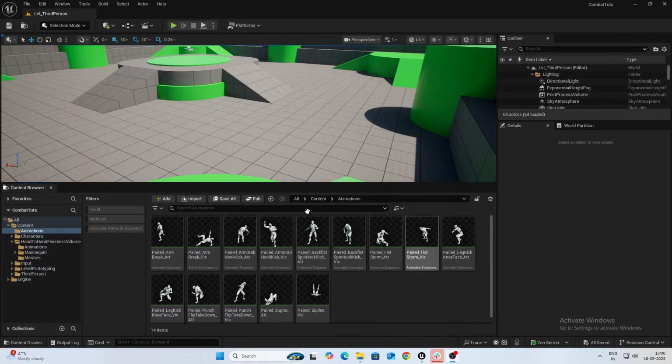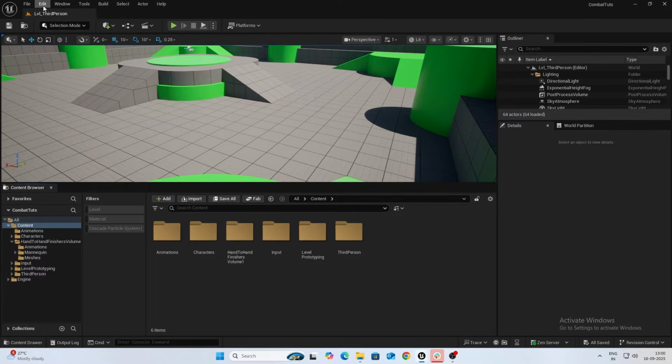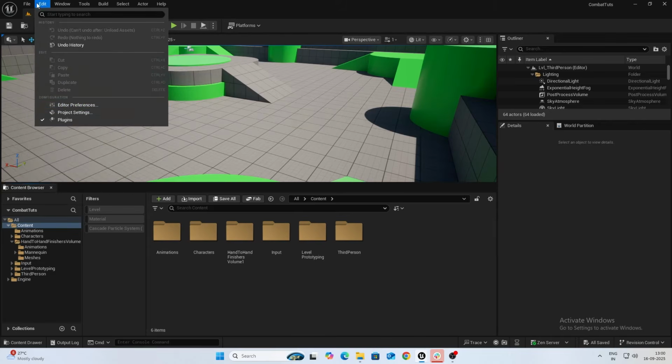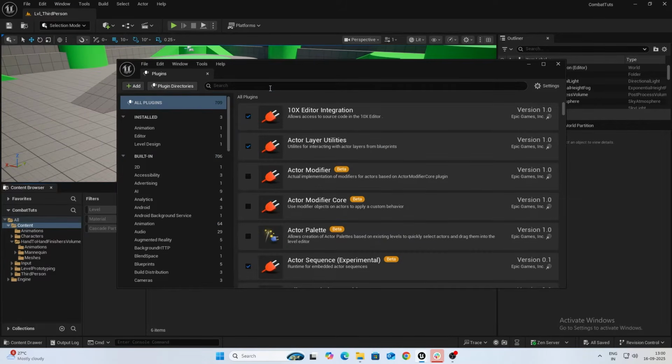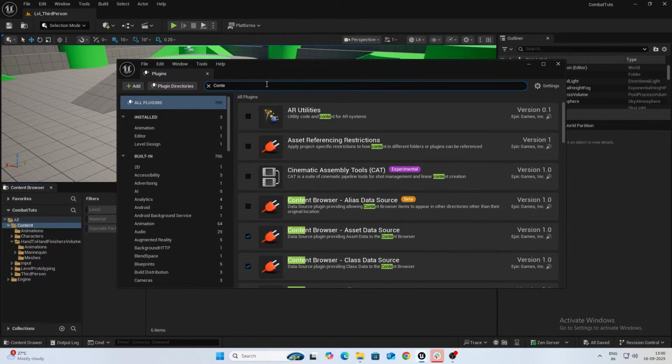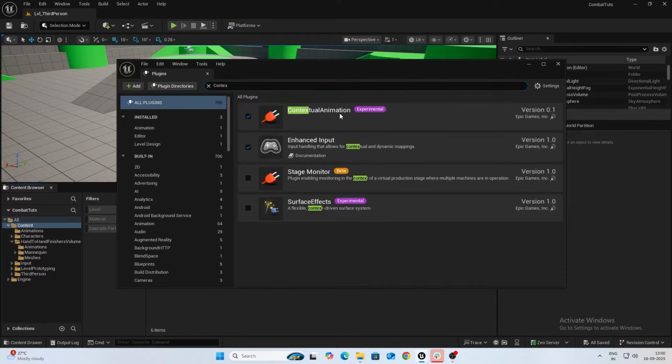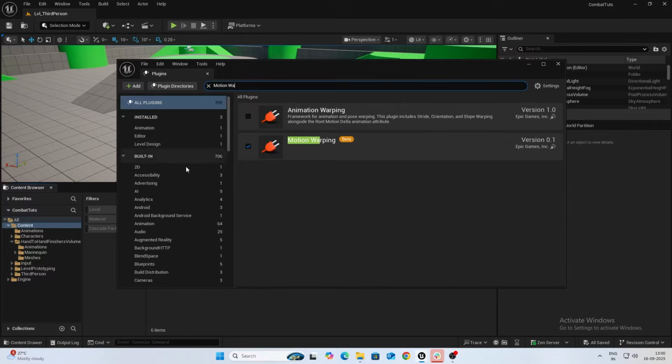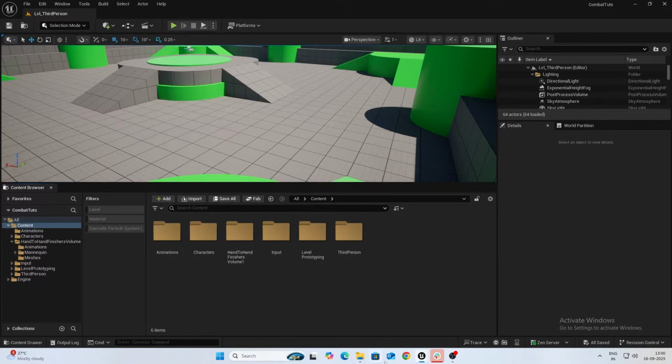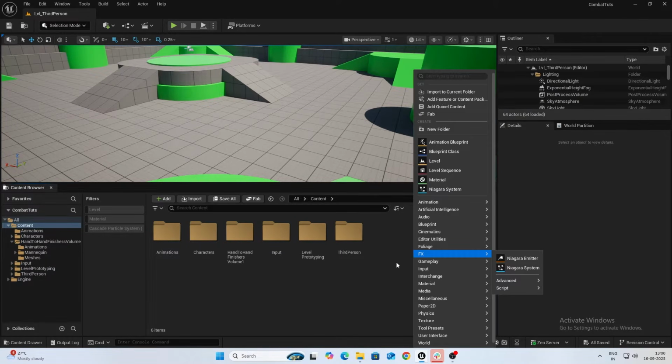Right, let's begin. So before we begin, for this tutorial, we would like these two plugins. One is the contextual animation, and the next one will be your motion warping. So ensure that you have these two enabled, and then let's get right into it. So first thing you want to do is